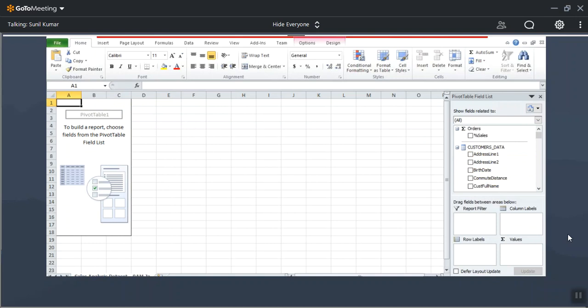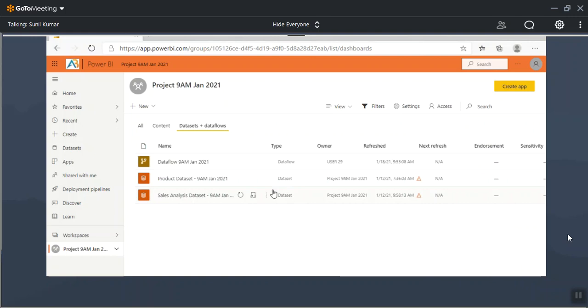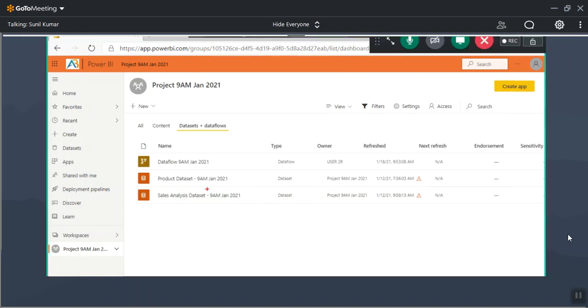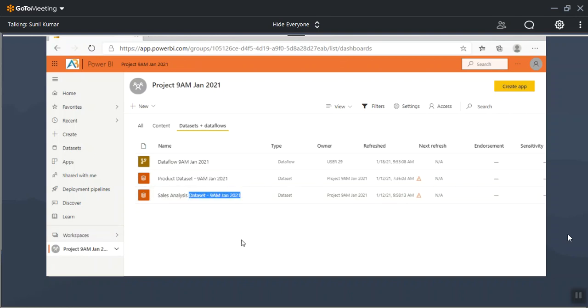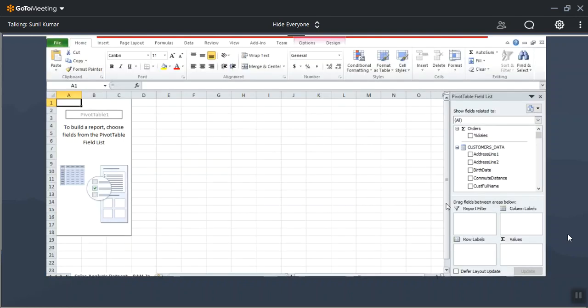Basically, as a Power BI developer, we never perform analysis in Excel. We don't need it. But for some reason, if you want to connect to the data set in Excel and perform analysis here, you can do it.